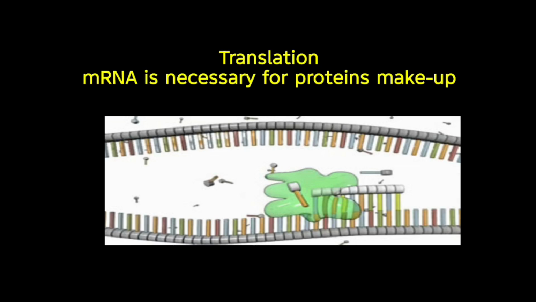So the translation process starts when messenger RNA is produced. Hence, messenger RNA is necessary for the protein's makeup. Whenever cells want to synthesize proteins, they need a messenger RNA. Messenger RNA is actually a copy produced by the DNA for the synthesis of the proteins, and